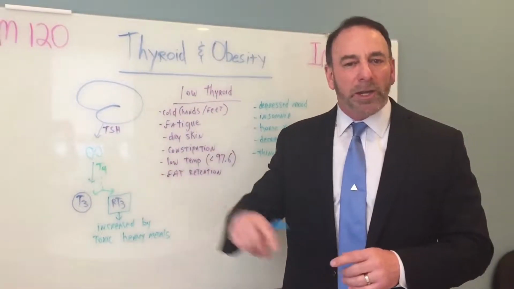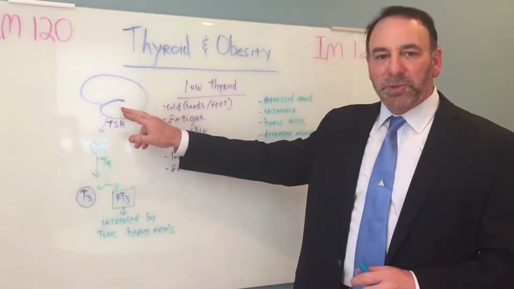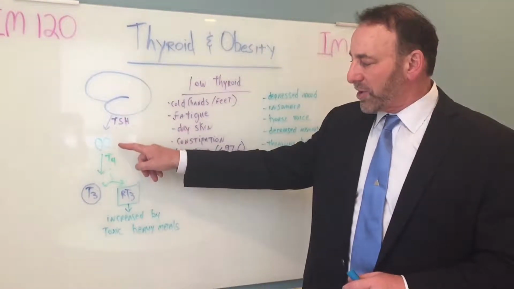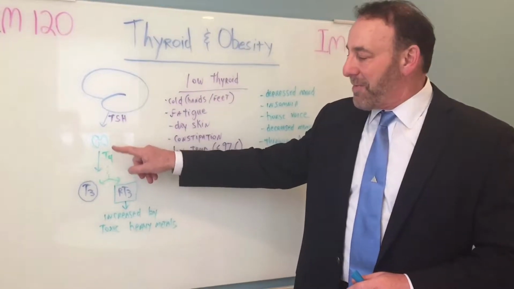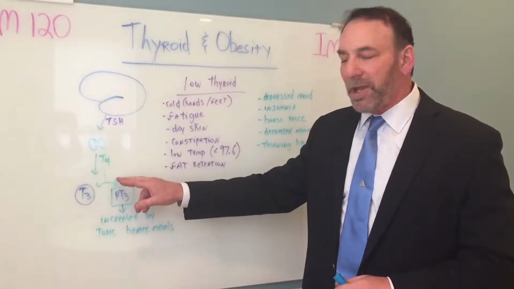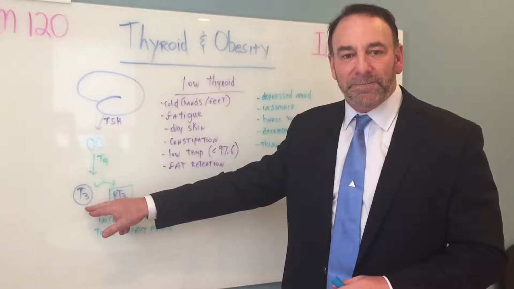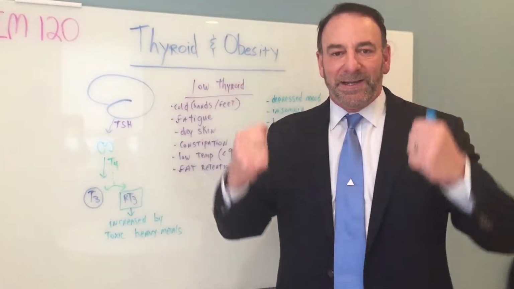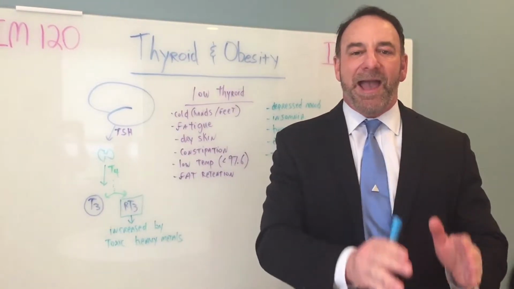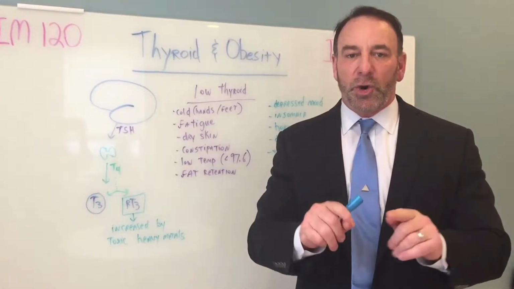So stay with me, I'm going to walk you through the basics. Here is your brain. And your brain, in the form of the pituitary gland, makes thyroid stimulating hormone. It goes to the gland, this little thyroid gland, that makes T4. T4 gets released from the gland into the bloodstream, where it gets converted primarily into T3. T3 does the heavy lifting. This is the thing that creates metabolism. Your thyroid affects every organ in your body. If the thyroid isn't right, you're not right.